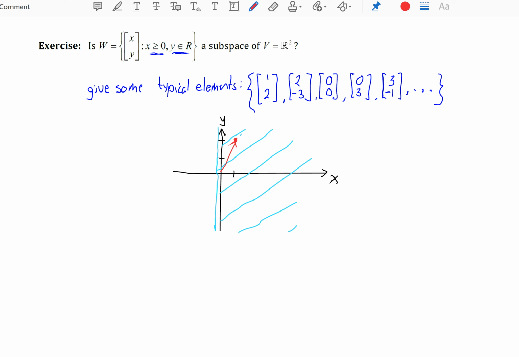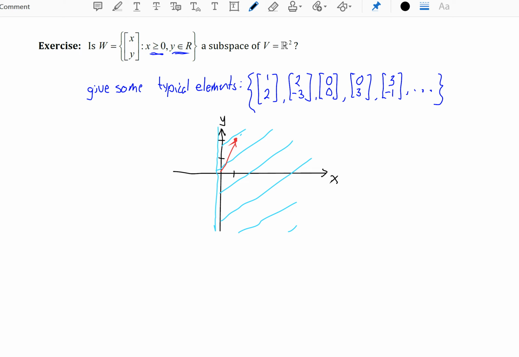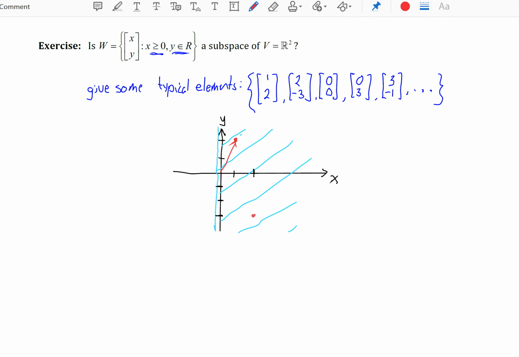And maybe the vector 2, negative 3. The vector 2, negative 3 would be 2 over and 3 down. It would point to this spot. So if we're saying let this be vector x and this be vector y, if you add these vectors